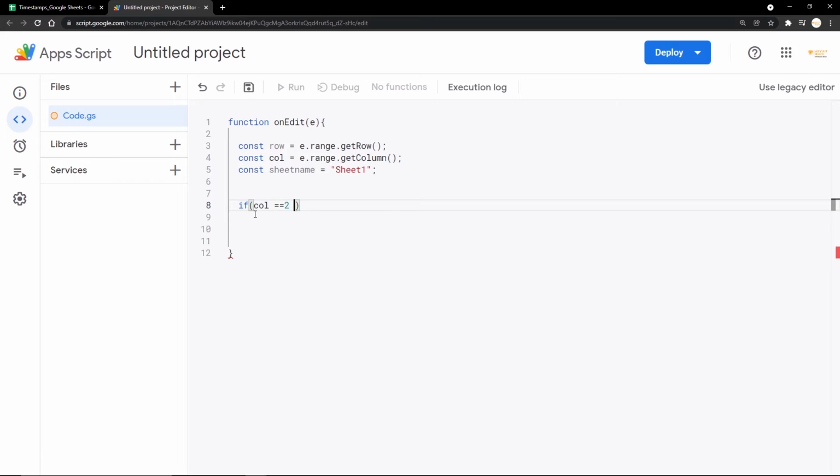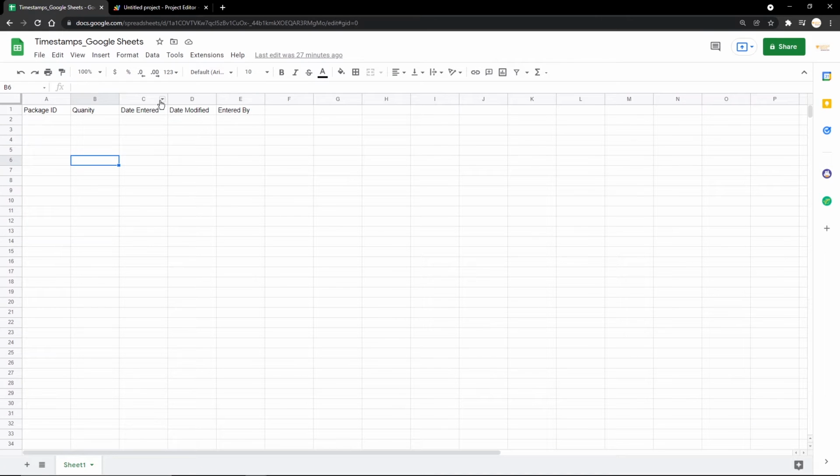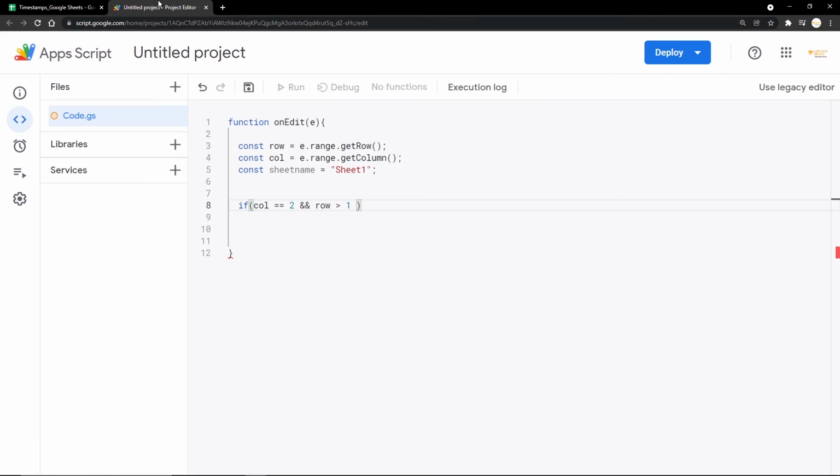If the column is equal to 2, and the row that I have is greater than 1, because I don't want any change from the header. Because if I keep it row equal to 2, it will take the changes that are made in the header. I don't want the changes to come from the header. I want it from the second row and moving down.